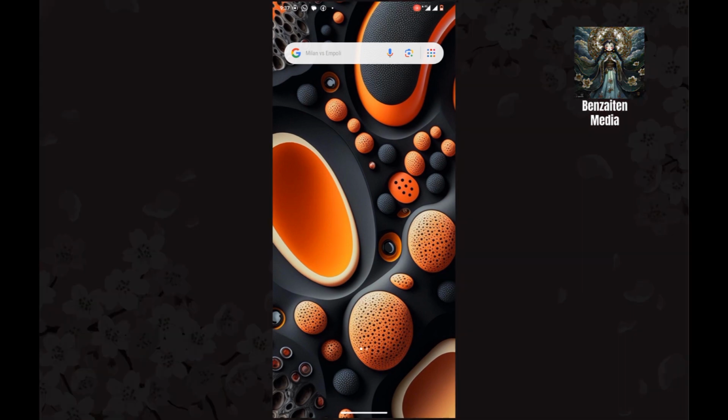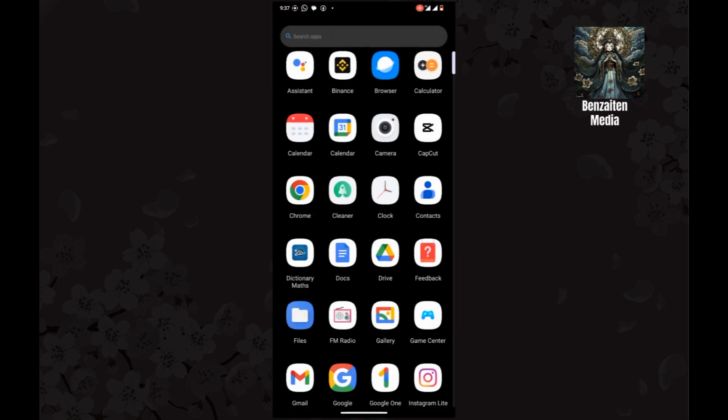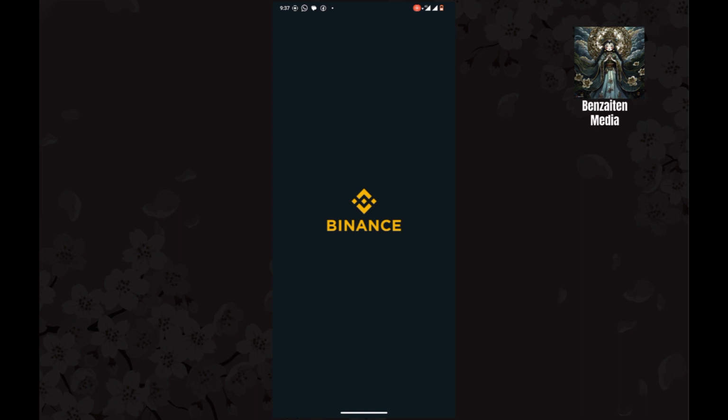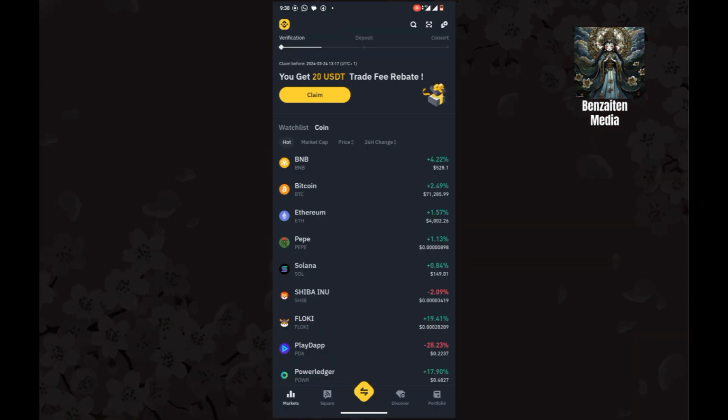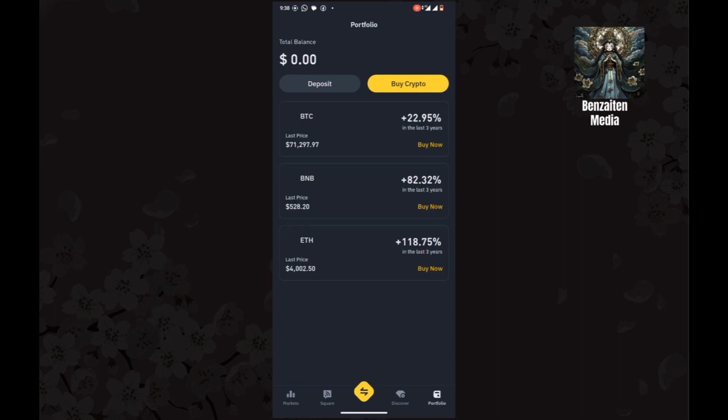Alright, so the first thing you'd want to do, of course, if you're using a web version of the application, you will need to log into your Binance account using your email address and your password. Or if you're using an Android or iOS device, just head over to the app on your mobile device and let's move on. So once you're logged in, navigate to the portfolio tab located on the lower right corner of